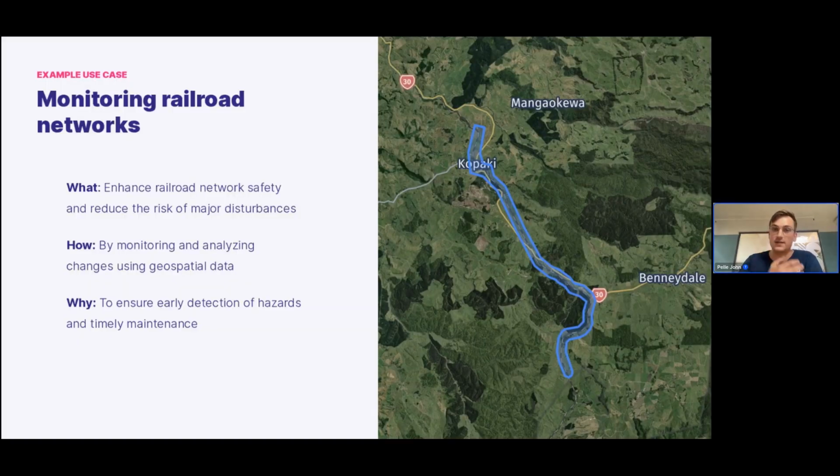And what we often see is, for example, monitoring of railroad networks. So users come to us, end users or analytics providers, and they have the use case in mind to enhance the railroad network safety and reduce the risks of major disturbances. How do we want to do it? By monitoring and analyzing changes using geospatial data over time or with different kinds of data sources. And why? To minimize the risks, enhance timely maintenance, and ensure early detection